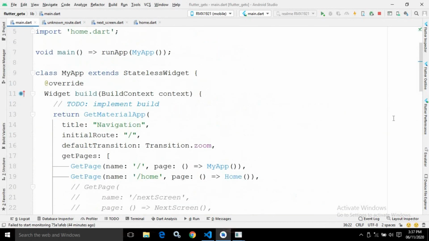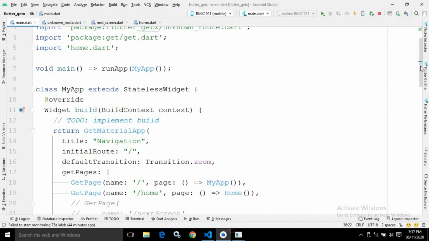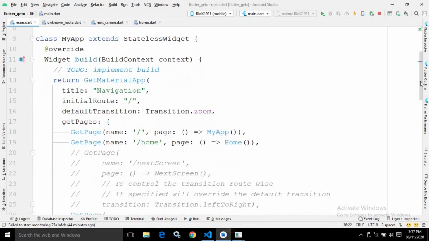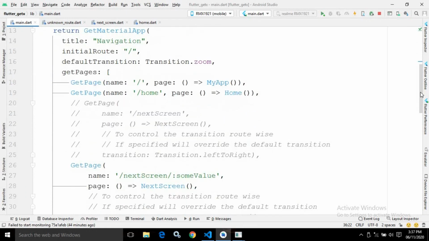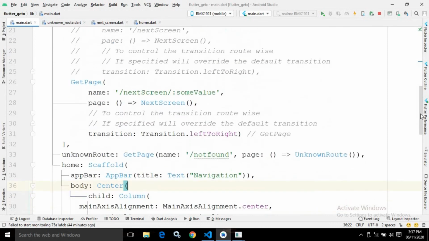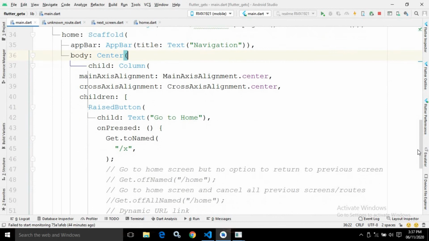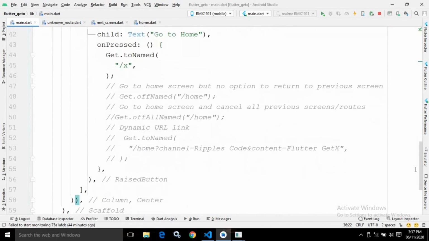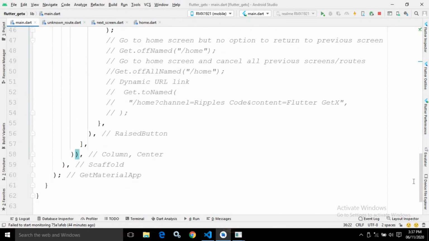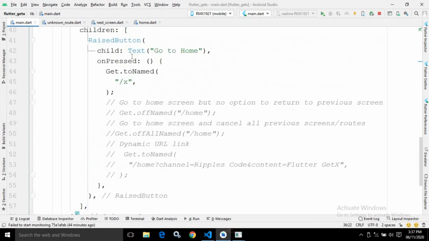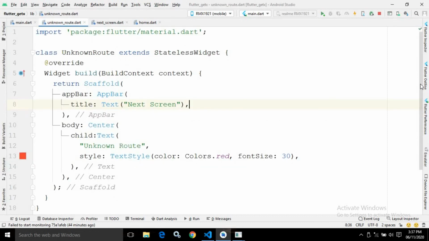This is the code for the main.dart file. Just have a look. This is the code for unknown route.